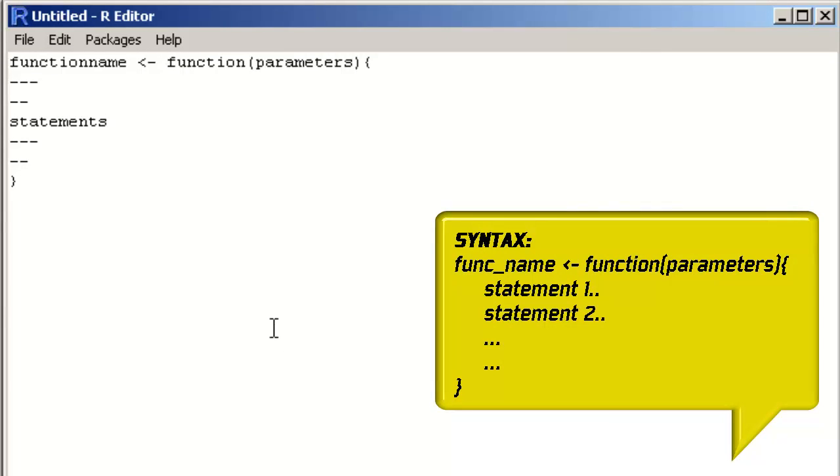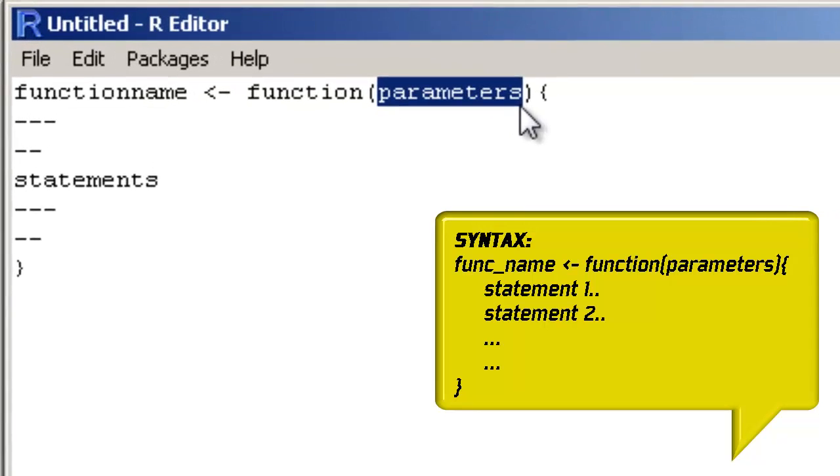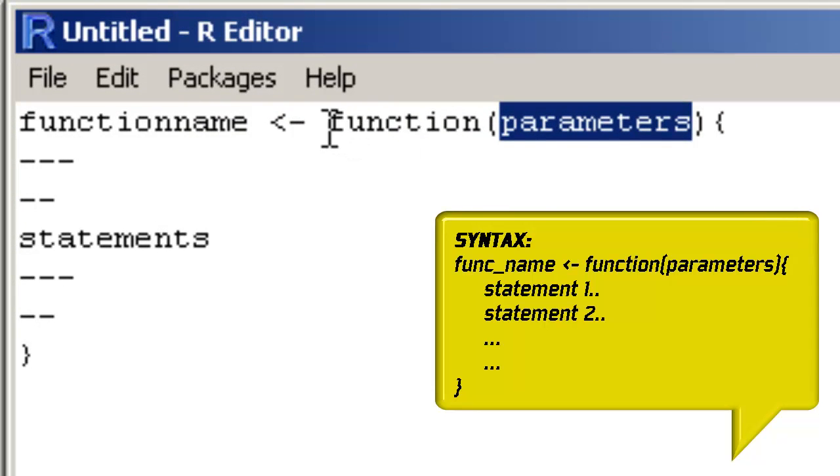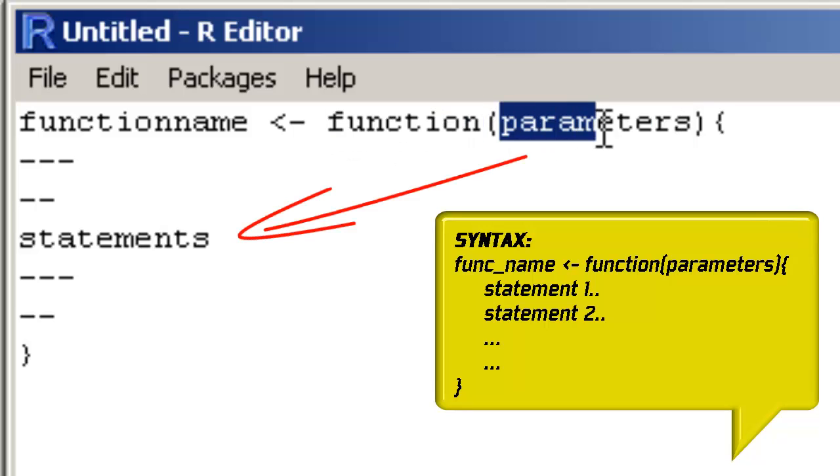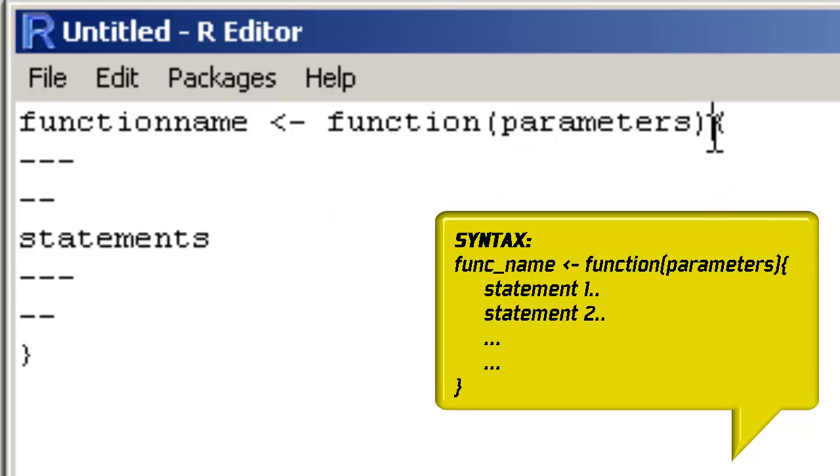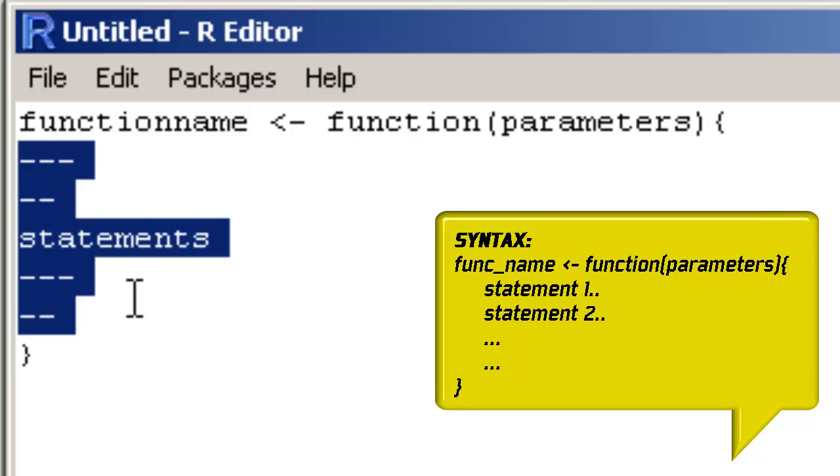This is the general syntax for making any function, meaning the function name that I have written here can take any name that the function represents. It could be any meaningful name that you want to give to the function. The parameters that we have passed inside brackets to the function argument can be as many parameters as the function uses to do the calculations. Followed by that, there is an open curly brace and a closed curly brace. Between these two braces, you have all the statements. This is the general syntax.